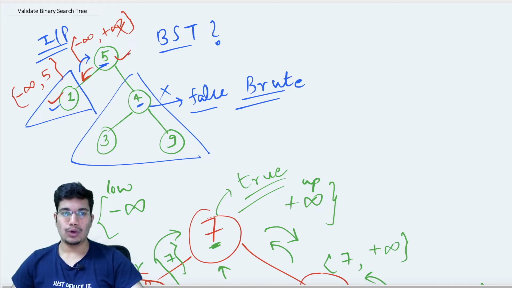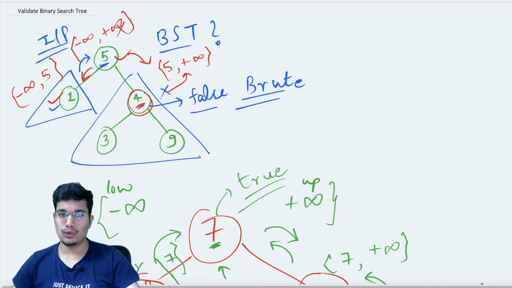Then we would have made a call to the right subtree. And then for the values of my right subtree, my lower limit would be 5 and upper limit would be plus infinity. So 5's right child should lie in between these two numbers. And we check for 4 and we find that 4 is not in this range. So 4 is less than 5. So for node 4, my property is failing for the very first time. So I'm not going to make any further calls now. From 4 itself, I can simply return false to the parent.